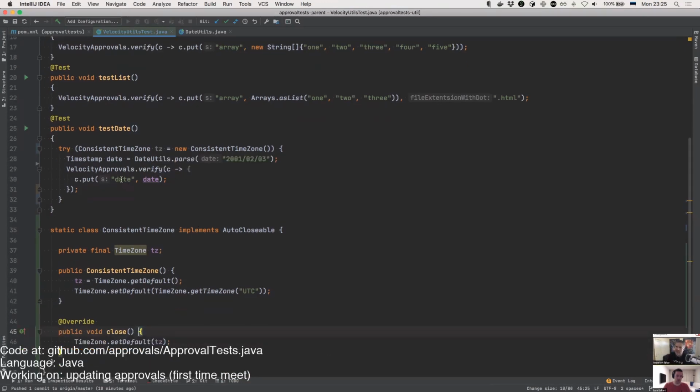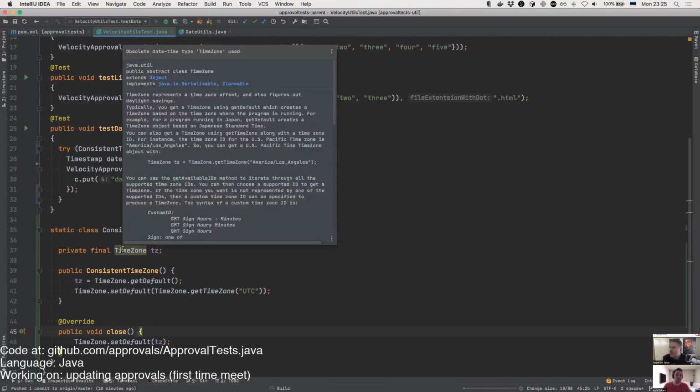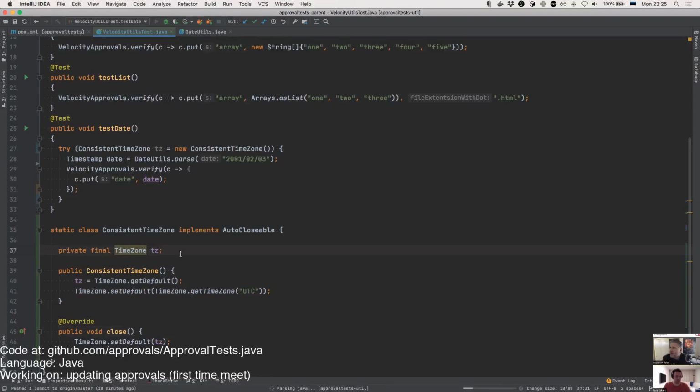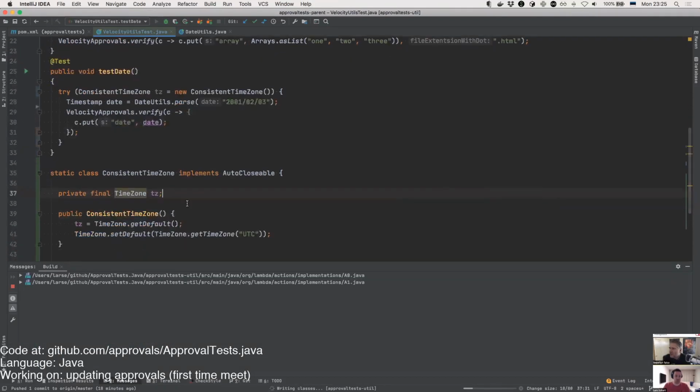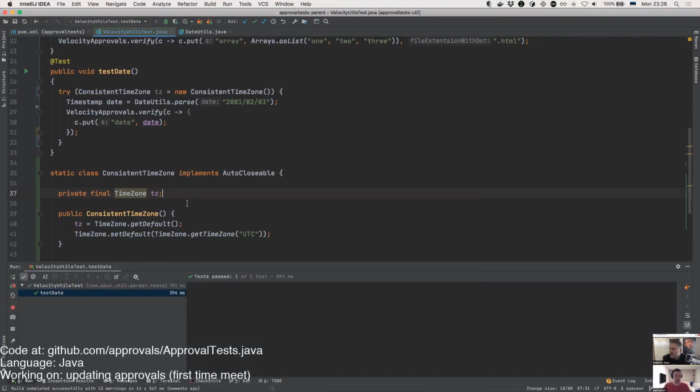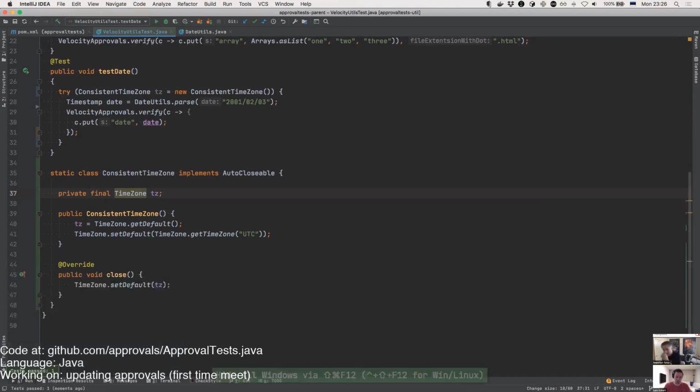Just click and hit run and make sure that what I think I did actually matches what it actually did. Good. Do a quick commit here.